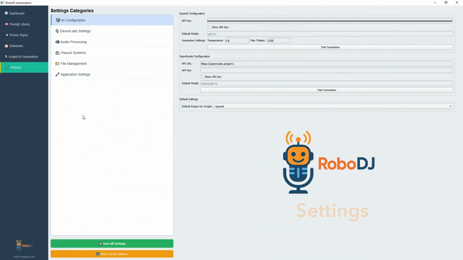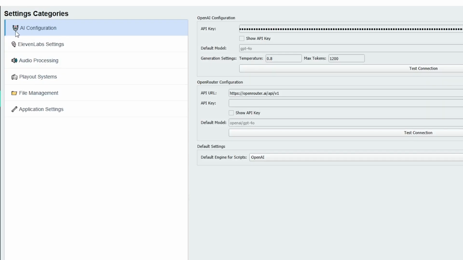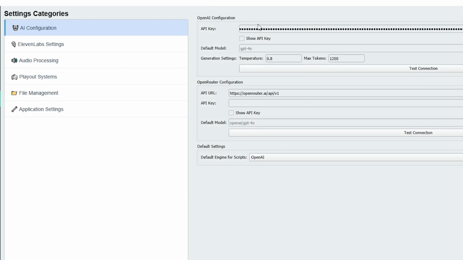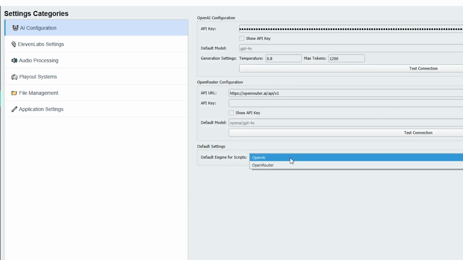Now let's spend a little time over in the settings section just to show you the magic under the hood here. This allows for a lot of customization. First off, you plug in your own API key to your OpenAI or ChatGPT account, and let's test the connection. If you're not using OpenAI, we have a path to any active AI large language model by using OpenRouter. So you just enter your API key here, and then you can choose which one you want to use